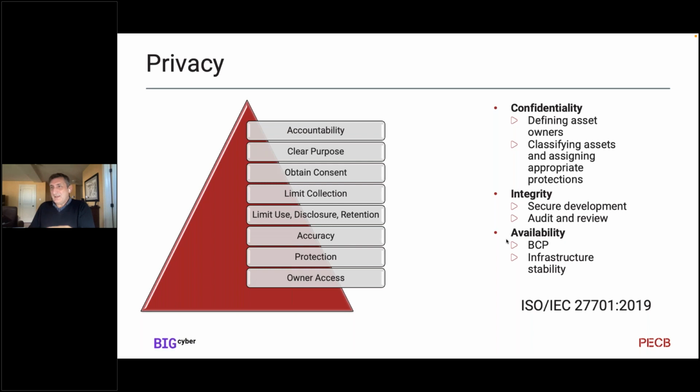Auditing and reviewing the data, and also things like the source of truth that I mentioned before, making sure you understand, especially if your business is evolving, how that information is going to be handled and managed through its life cycle. So you put together a little life cycle management process as part of your PIMs for that PII data. And availability, we know that, as we mentioned before, the owner is supposed to have access to their data